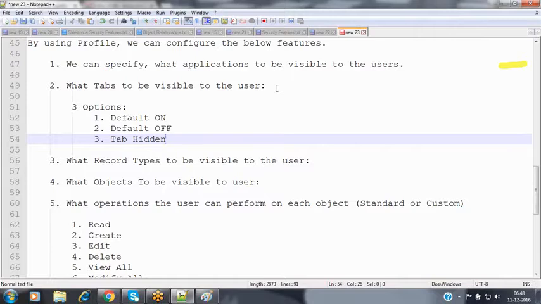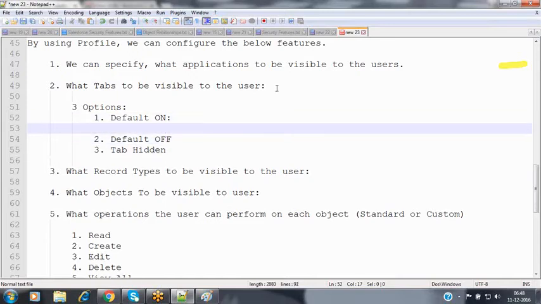The tab is nothing but a graphical user interface used to manage the records inside that object. It may be to create, modify, delete, or view the records. We can perform all these four basic manipulations on the records with the help of the tab itself. For every tab, Salesforce provides three options: default on, default off, tab hidden.